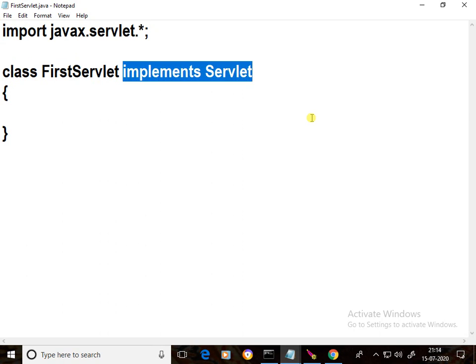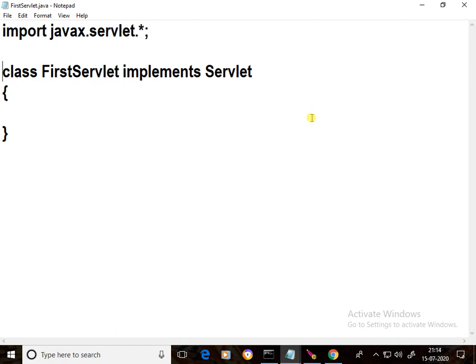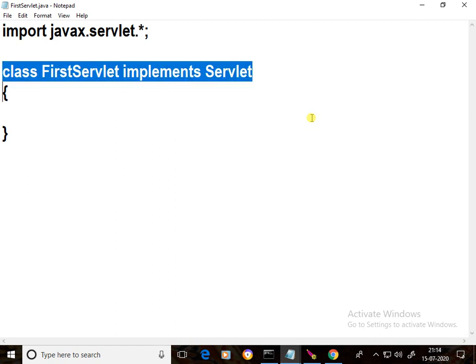If you implement the Servlet interface, which contains the lifecycle, it is inherited into our class. But if you implement the Servlet interface, you need to override all methods of the Servlet interface. There are 5 methods.